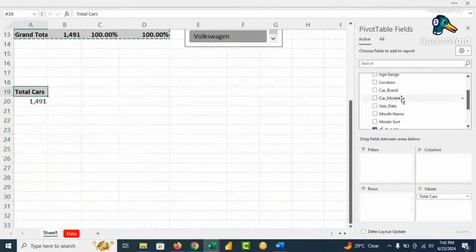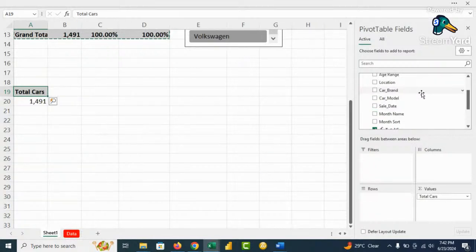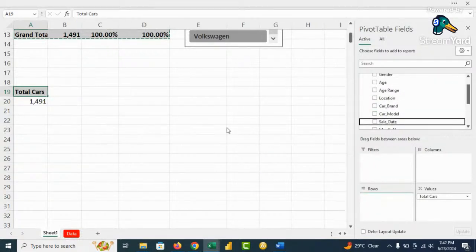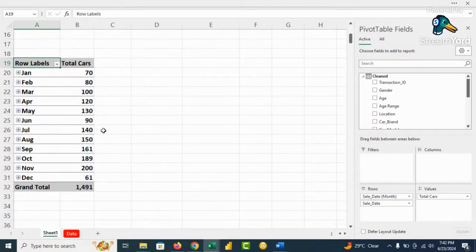And we want to bring in month's name. We'll remove it later. Month's name. Let's bring in month's name. And okay, I'll go back to, so sales date. Let's bring in sales dates. Sales dates. Okay. So for growth rates, for those that are not very sure of what growth rate is,